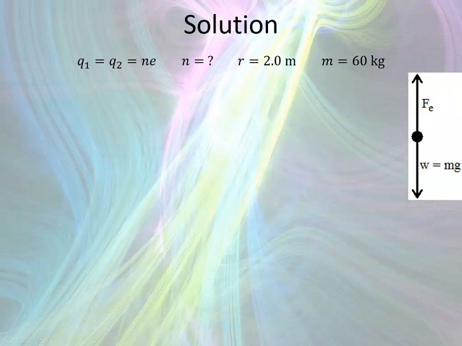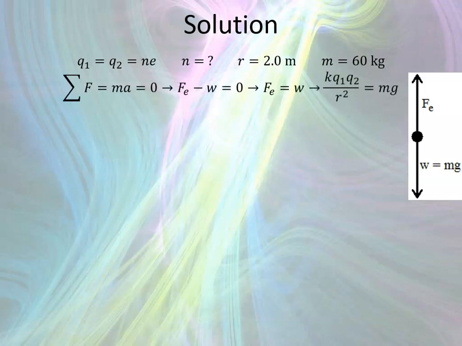So how do we solve problems like this? We go back to Newton's second law. Newton's second law says the net force on an object is equal to that object's mass times its acceleration. Cause and effect: the acceleration of an object is equal to the net force, the cause, divided by the mass, the acceleration being the effect. Well, what is the net force? F equals ma. The net force comes from our free body diagram. We have an electric force up, which is positive, minus a force of gravity, the weight, down. So there's where the minus sign comes from: F sub e minus w